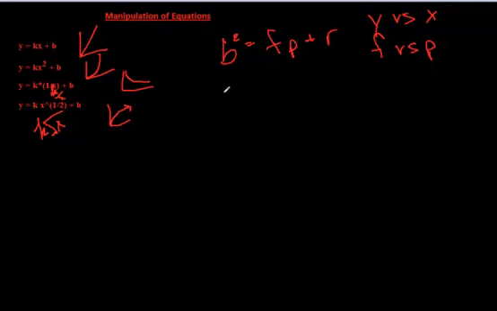So in this right here, I'm just going to do some basic algebra. I'm going to have b squared minus r is equal to fp, and then I'm going to divide by the p on both sides. Just realize that I've accidentally started off with kind of a complicated one, but that's okay. So the first thing I'm going to look at is, my dependent variable is over here by itself, which it needs to be, and now I'm going to look at what my independent is doing, and that's actually 1 over p. Or if I break this down with algebra a little bit simpler, it says b squared minus r times 1 over p